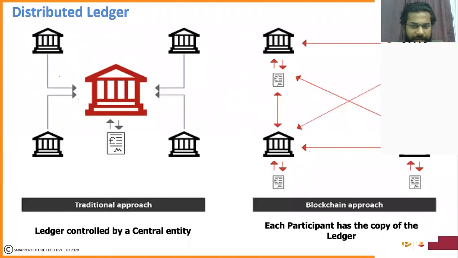Okay. Now the ledger part. The ledger is nothing but the record, that is the database which is maintained. If you take the example of Bitcoin, when Bitcoin transactions are happening, don't you think those transactions have to be recorded somewhere? There has to be a log maintained of all the transactions which are happening in the network, right?